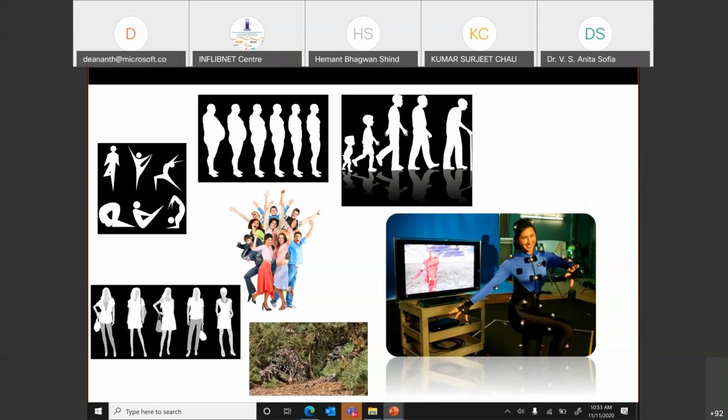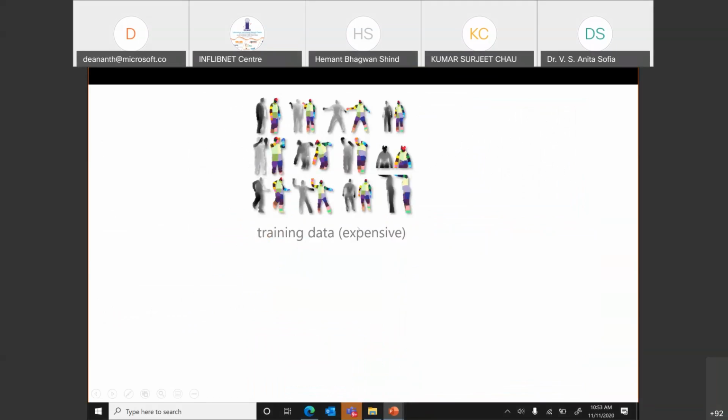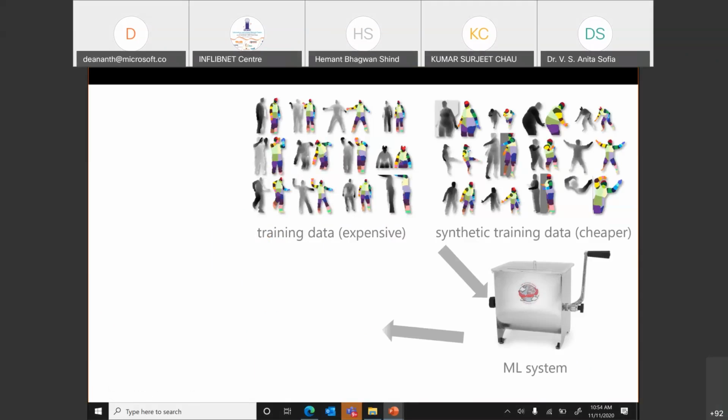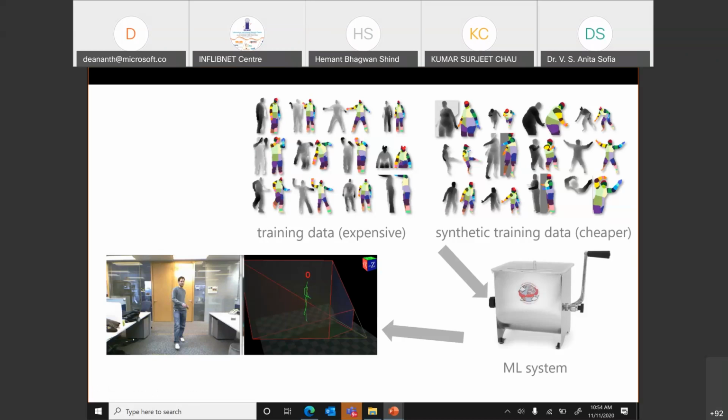I could go tomorrow and pose with my family, or tomorrow only with my mother, and so on, right? So how does this happen? Here, getting training data is very expensive. So training data is also kind of synthesized to make it cheaper. Then it understands the body portions, and then it understands things like you are throwing something.